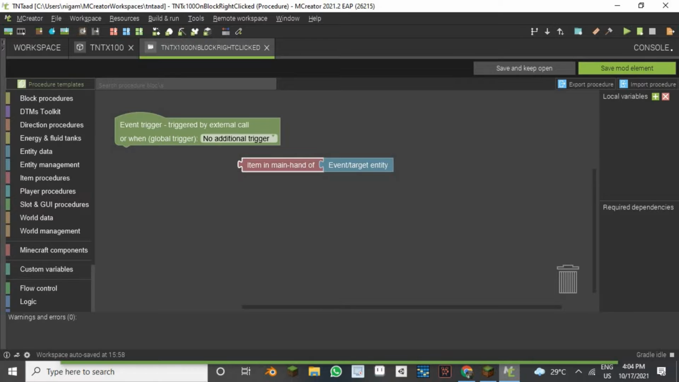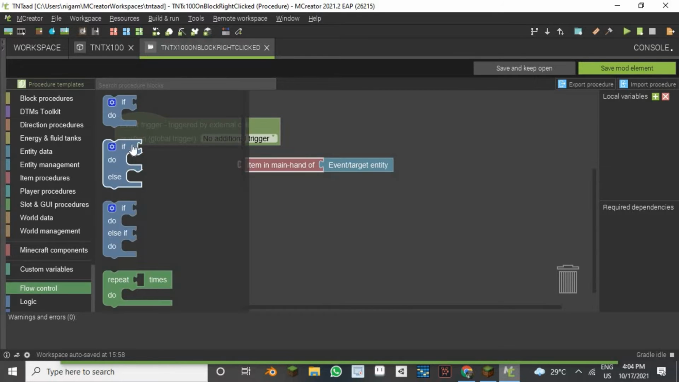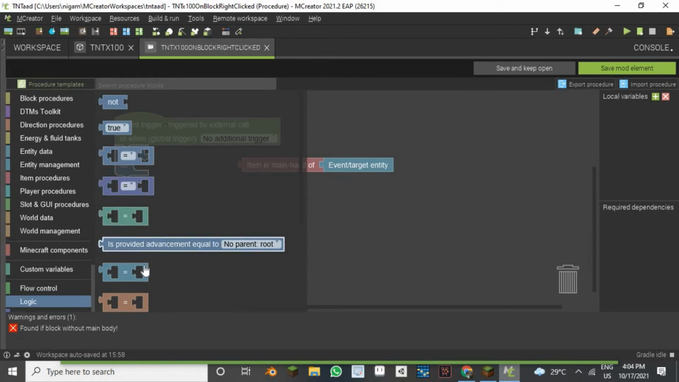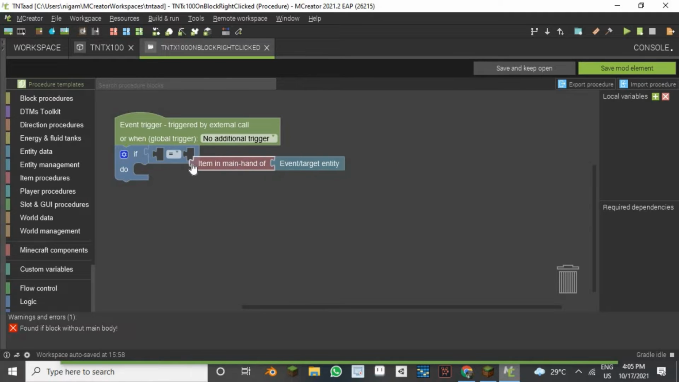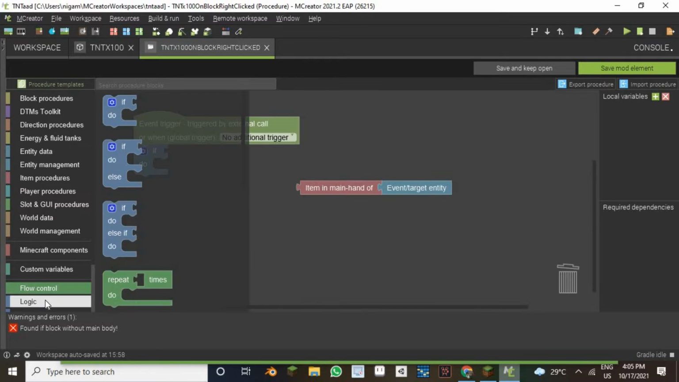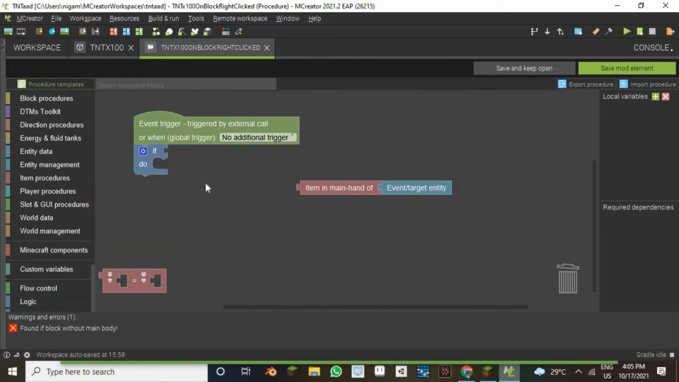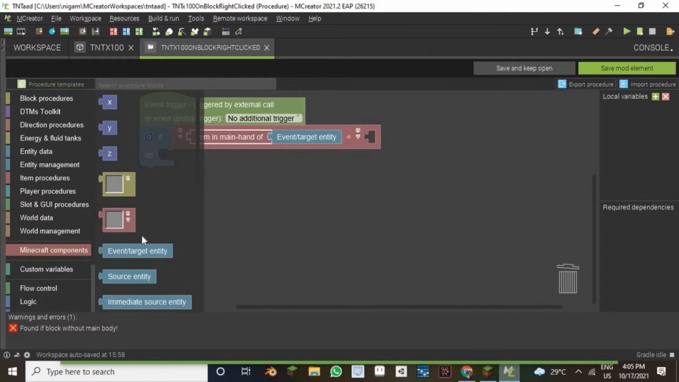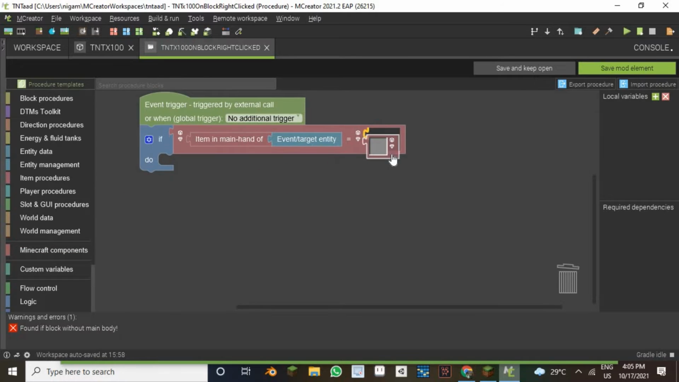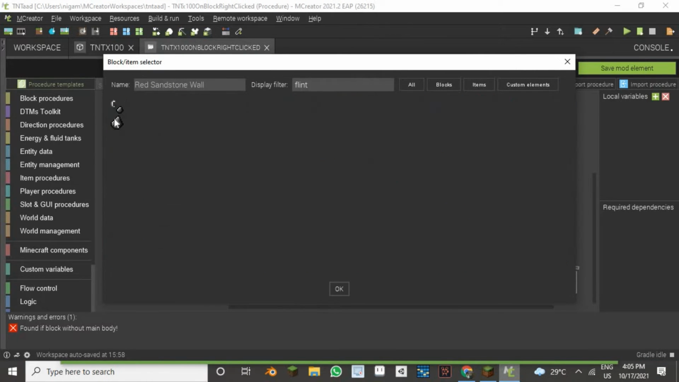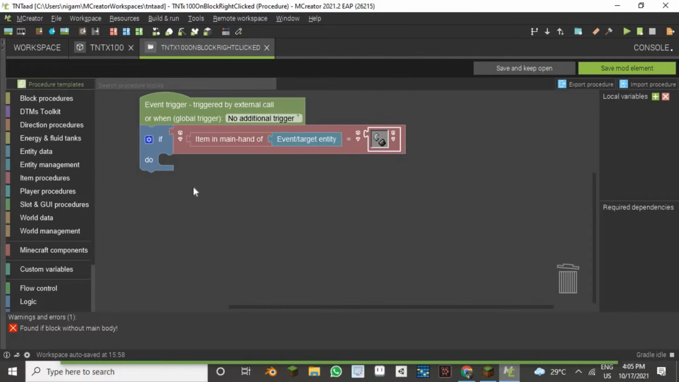Select this one and then go to flow control, if, and then logic, and then equals to. Not this color logic, not this type of logic. This type of logic you need to put here, and go to Minecraft components. After that, select this block and go into that and select flint and steel. Select flint and steel, then